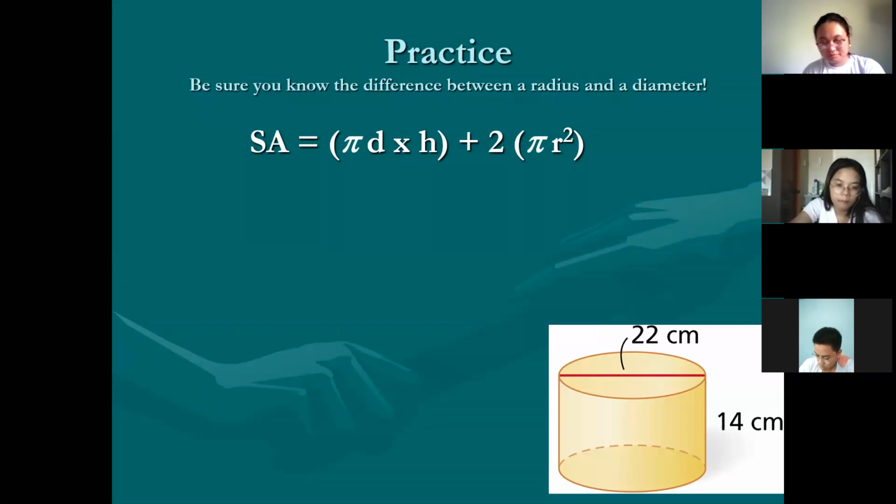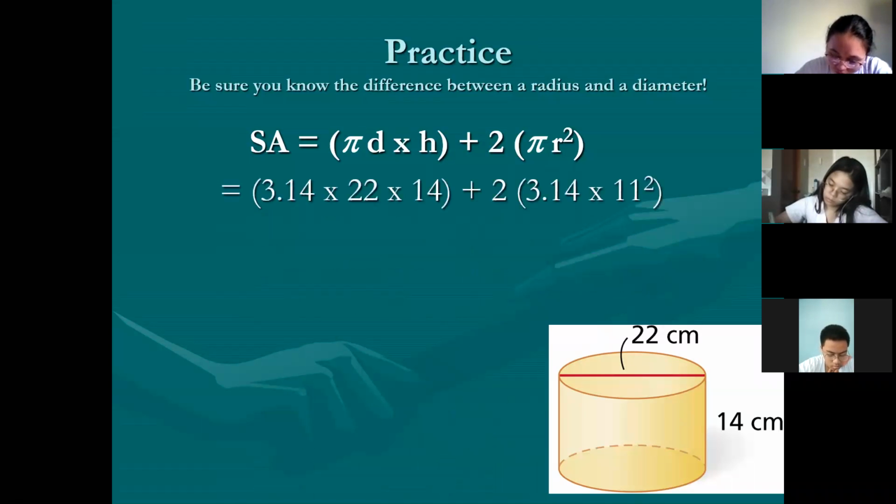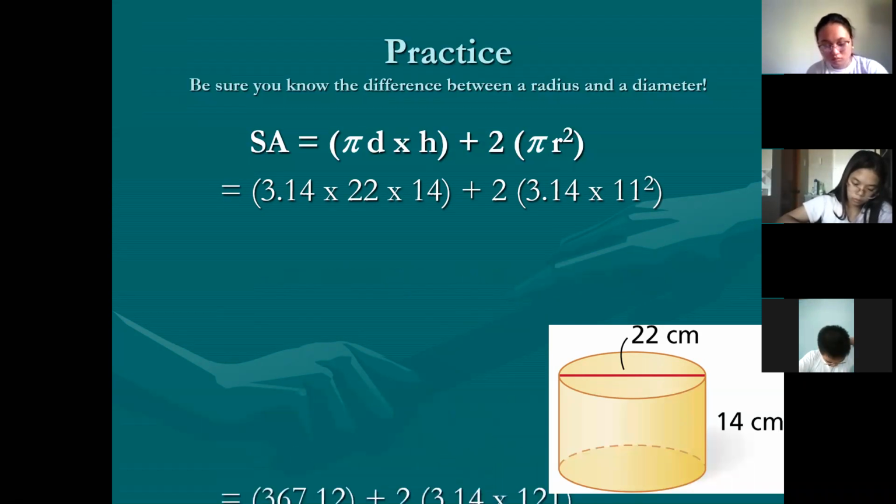And Carlos and Kiana. But in Carlos, Kiana, and Ali's answer, they don't have a unit. So make sure that in your final answer in Edmodo class, you'll really have to place the unit. So the correct answer, class, is 1,727 square units, or 550 pi cm squared. You can have it in pi without changing the pi to 3.14, or with pi being 3.14. So the answer is 1727. As an example, we have here the solution.